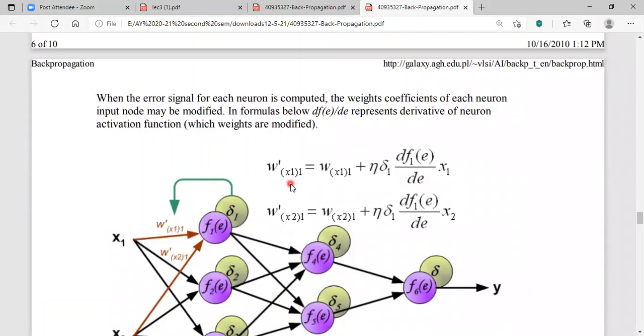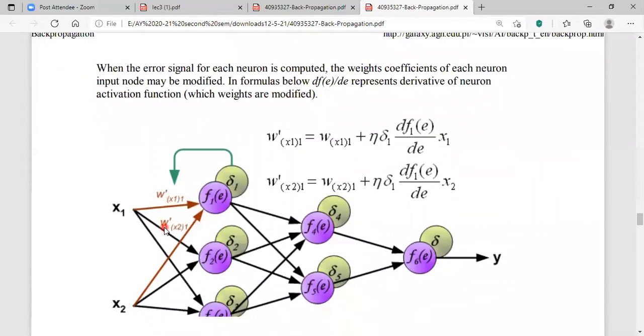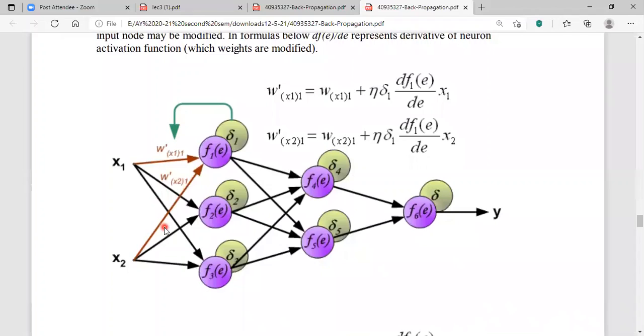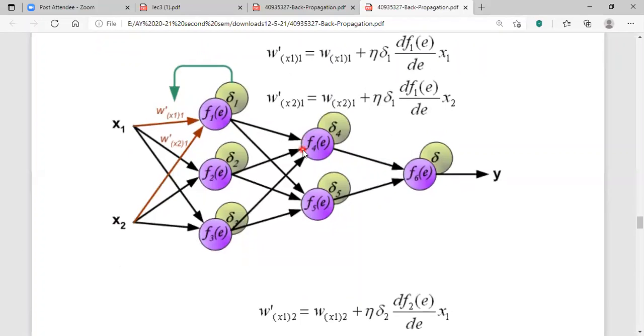So wx11 dash, you are going to update it. Similarly, wx21. So totally how many weights do you have coming to your input neuron layer? 1, 2, 3, 4, 5, 6 weights. Okay, wx12, you need to update wx22, wx13, wx23. So all the 6 weight coefficients need to be updated,